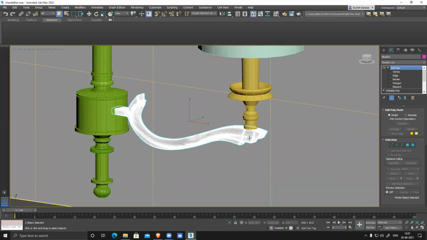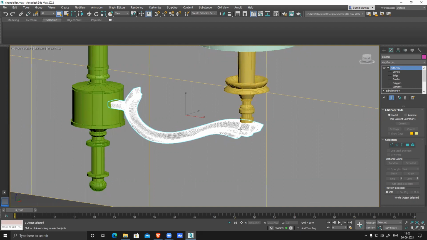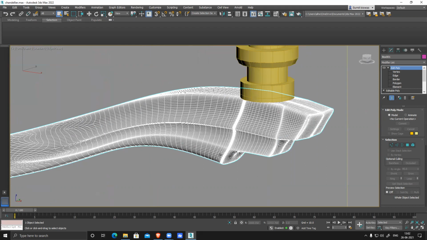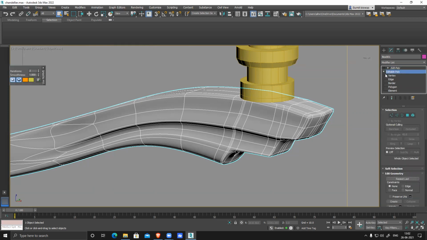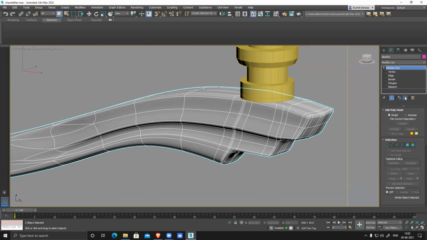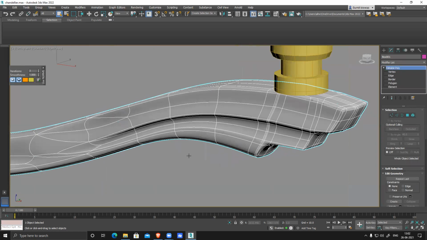I don't know what you are saying. First of all, how did this become so high poly? That day I showed the entire video. Was it like this? I tried to increase the NURMS. This is not NURMS, this is your polygons. I can see clearly. You have applied it here. On top of the edit poly you applied one more edit poly. For what reason? Oh, to apply the loop, the shift loop for that.